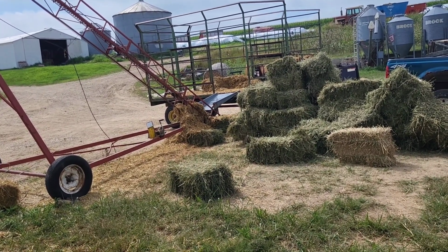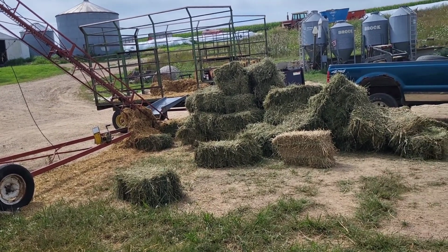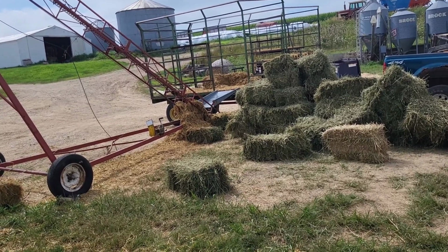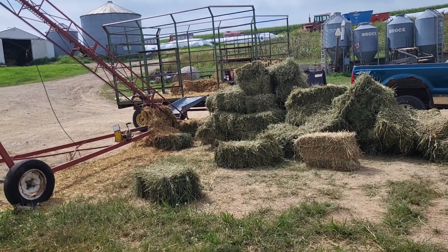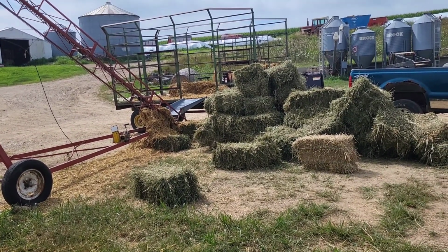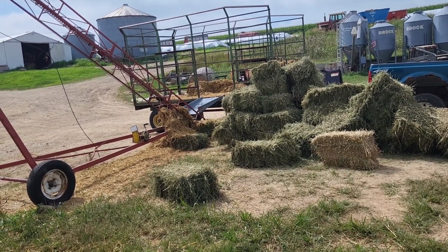So anyways, I'm gonna get cows fed and stuff. I'm on my own this morning. Got the county fair this morning, so wife took kids down there to show their heifers, and hopefully that all goes well. So I'm going to get feed mixed up,